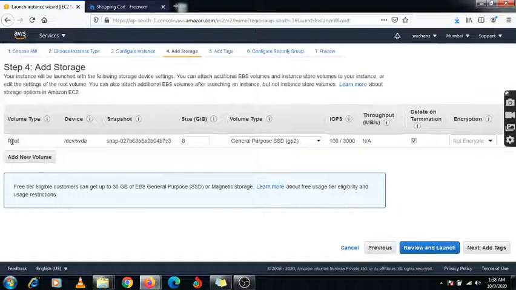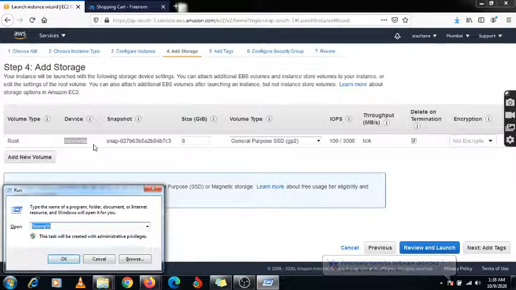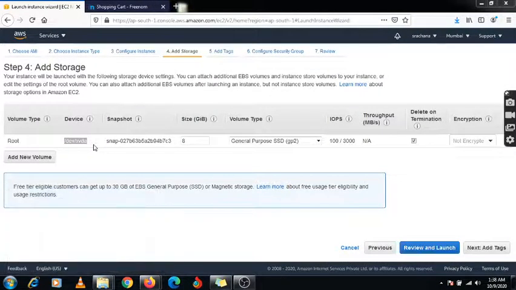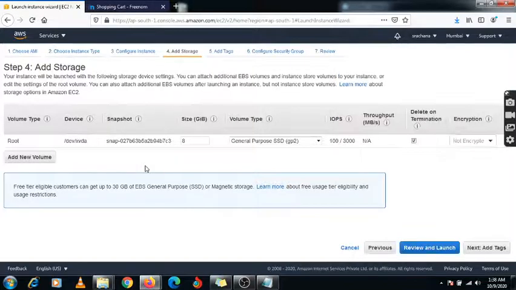Here is the option for the root disk, and the device name is /dev/xvda. Ctrl+C, I am just going to copy this device name to my notepad for my reference. Here it is taking general purpose SSD by default, and here are the options delete on termination and encryption. If you want to encrypt this disk you can encrypt it.